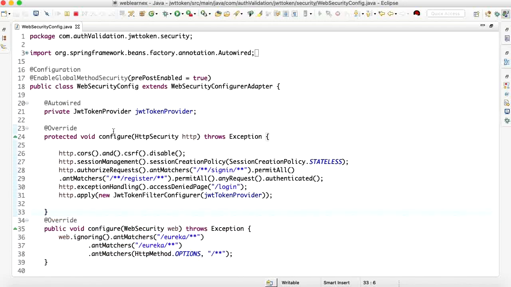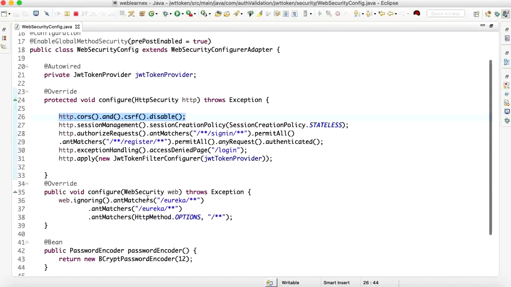Here I have created one config method, and in the config method I have enabled CORS and CSRF, which means we can access this security from anywhere, so it will not show any CORS-related issue. Sign in is permitted to all, register is also permitted to all, and all other URLs are restricted.